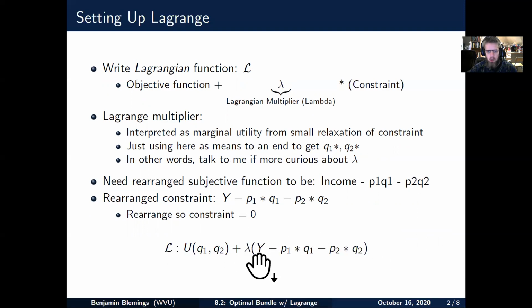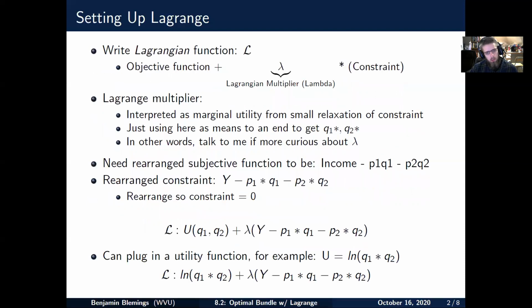So we're spending all of our money, Y, on either good 1 or good 2. And that's really it. That's the Lagrangian, and that's what we need to set up to work with. Just to make it a little bit more concrete, say we could pick our utility function here, what we're trying to maximize,